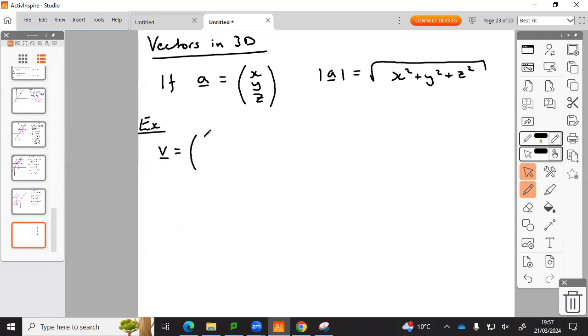Remember, V is just a random letter with a sign to it. 4, -2, 8 describes what vector V is doing. Going along the x-axis by 4, down the y-axis by 2, and along the z-axis by 8. W